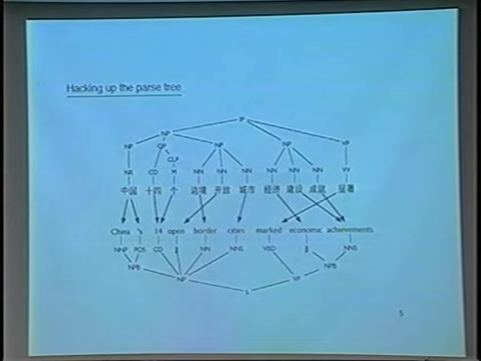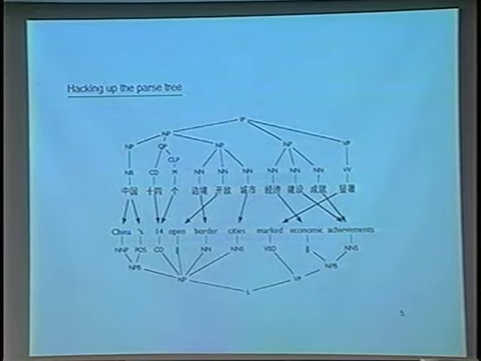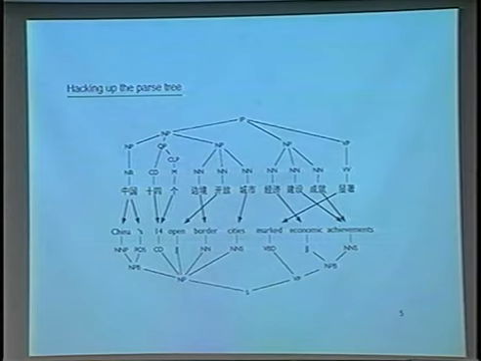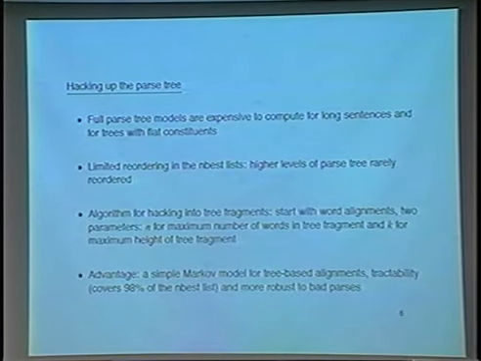So I apologize for all the various positions I'm putting these parse trees in, sideways and upside down and so on, but this makes it all fit in us. So now we want to be able to exploit this information in order to do alignment. So you can think of it as somewhat trying to compute a tree edit distance between them, and there are various models to do this. Unfortunately, they have certain problems. They're very expensive to compute for long sentences and trees which have very flat constituents, so the fan out is very large. There's also limited reordering in the invest list.